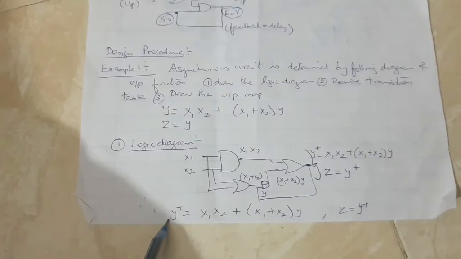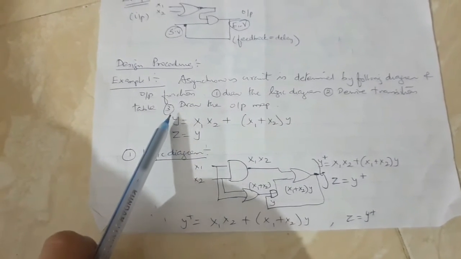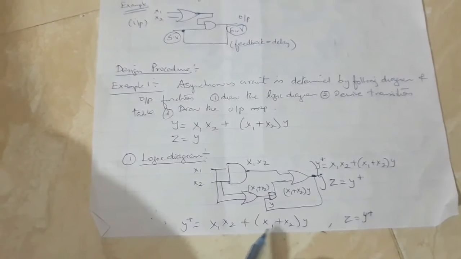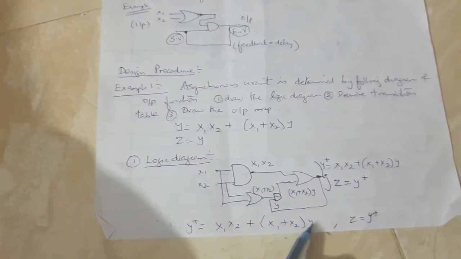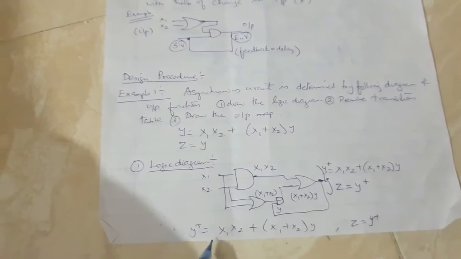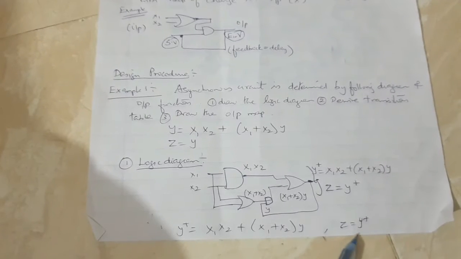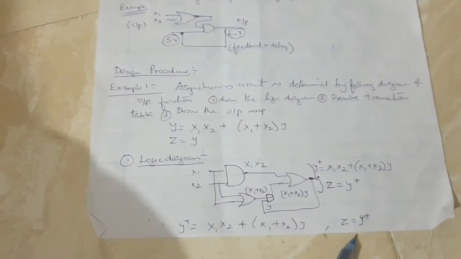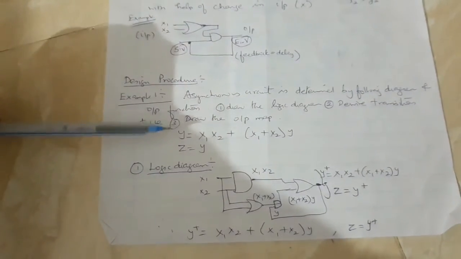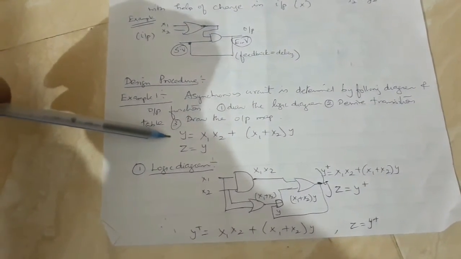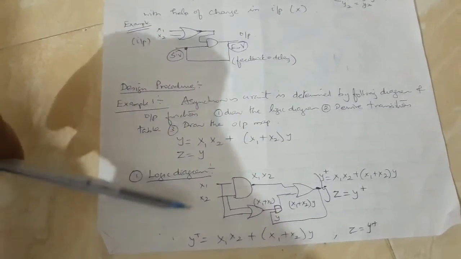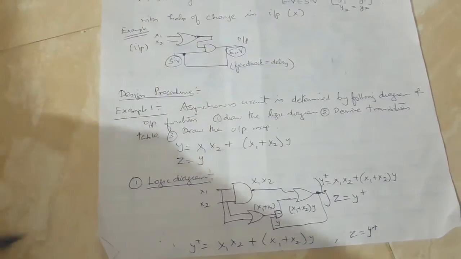So the next state condition, I have written, this is the present state, next state condition y plus is equal to x1 into x2 plus x1 into y. This is small y, see here. See the difference between the capital Y and the small y. When these two become equal, Z is equal to the present state value of y plus. Okay. So we have drawn the circuit. So in your problem, whenever it has been given, either a logical function will be given, you can draw the logical diagram, or a logical diagram will be given, you can write down the equation.